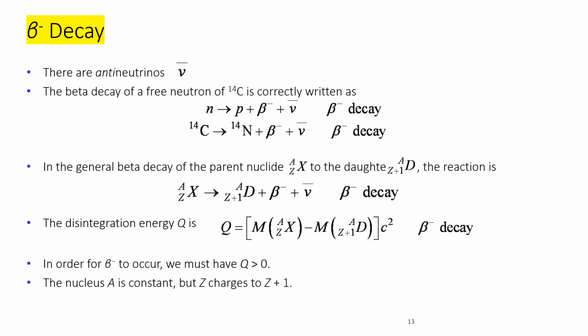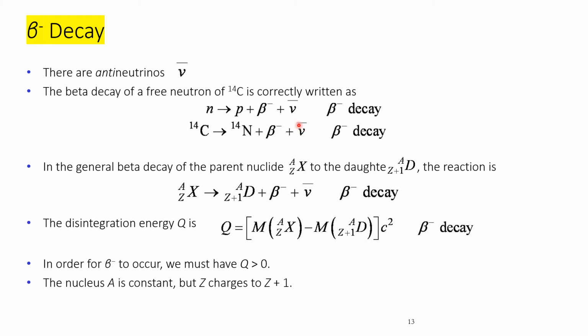Let's discuss the first type of your beta decay, your beta minus decay. And we now know that there are antineutrinos. Here, your antineutrino has a symbol of nu bar. And the beta decay of a free neutron or of carbon-14 is now correctly written as your neutron that decays into a proton plus your beta minus plus your nu bar. This is now the corrected form of your beta minus decay. And carbon-14 decays into nitrogen-14 plus your beta minus plus your nu bar,